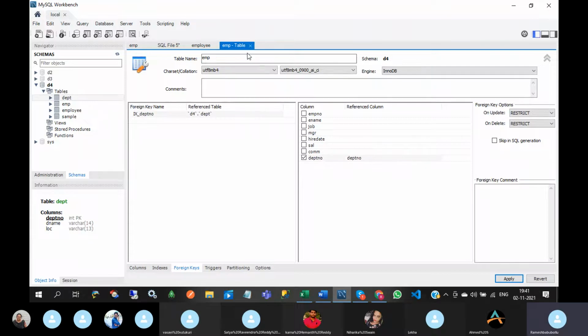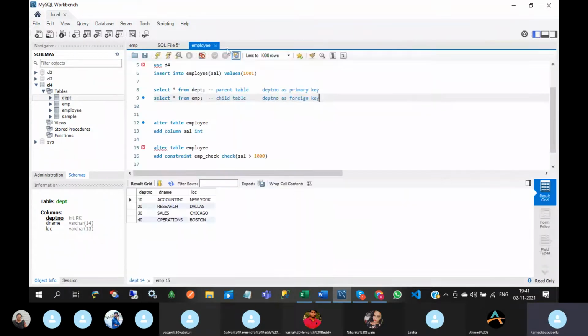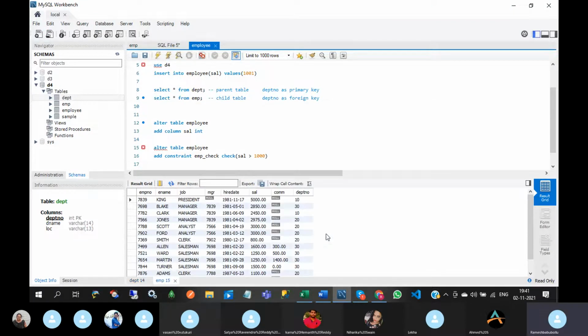So what is the use of this primary key and foreign key establishment? See this. In the employee table, what are the department numbers? Only 10, 30 and 20 are available.